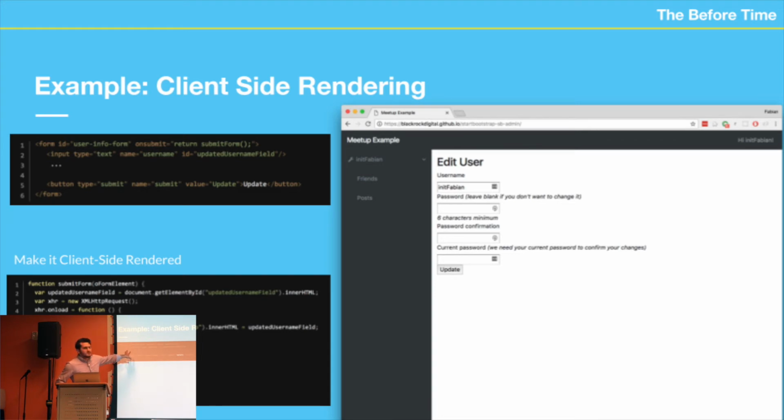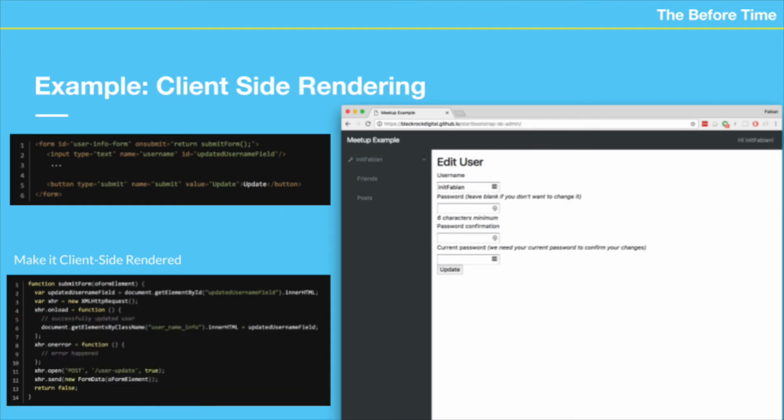All right. So now we have this form again, right? So now with our vanilla JavaScript, when you hit update, what we can instead do is we just run this JavaScript function. What this JavaScript function would do is communicate to the server, hey, is it okay to update their name, right? And the server says, okay, yes, here's the updated name. And then in one of these functions down here, it's like line 6, no, you can't see it. What I do is I get the element by class name, username, info, and I set the inner HTML to the updated username. That's all I did. And so that will then update it throughout my entire application. Cool, right?